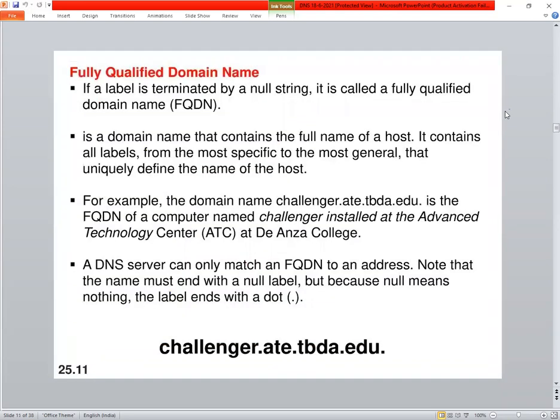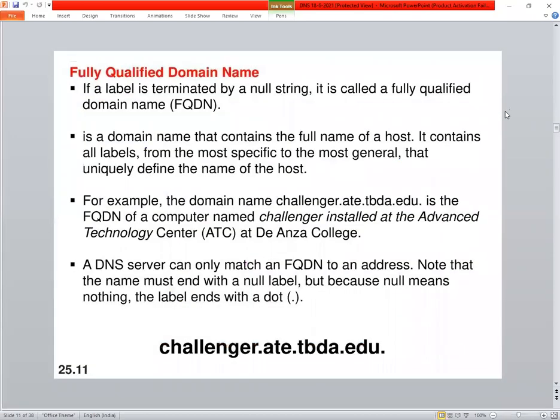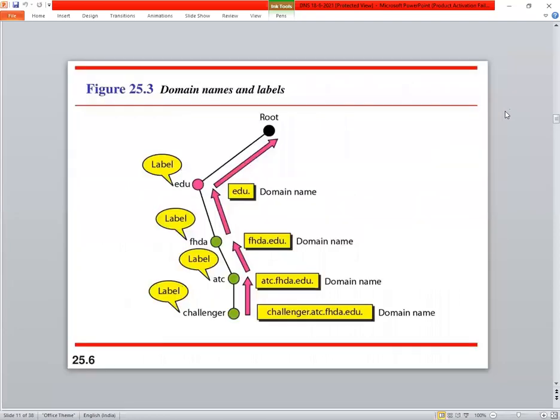So next, domain names. In this domain names, they are classified into two things. Okay, according to domain names, they are classified into two categories.